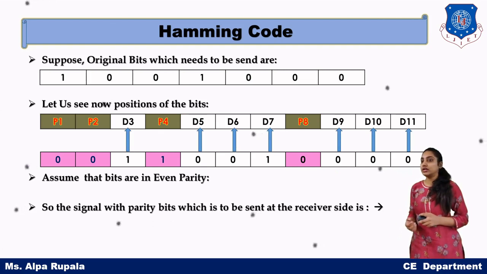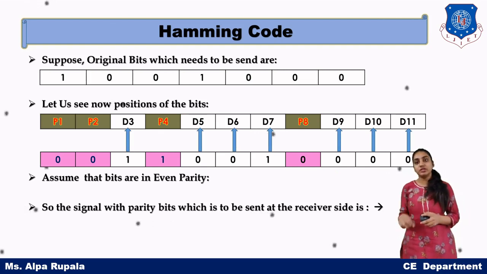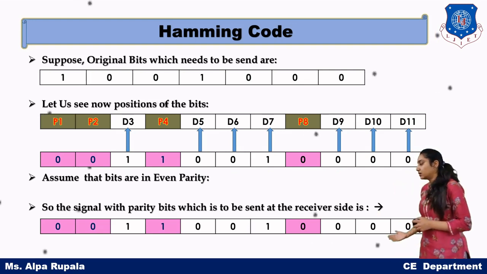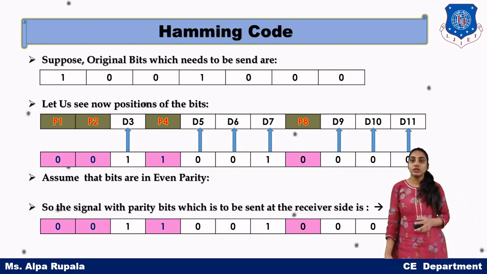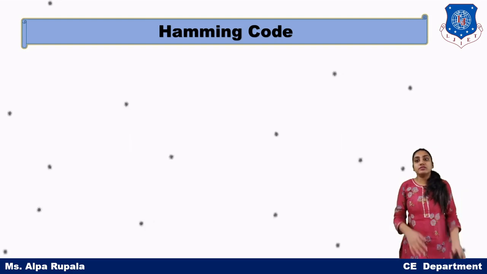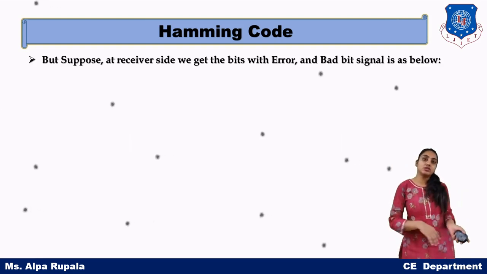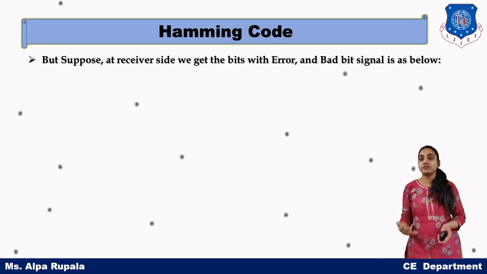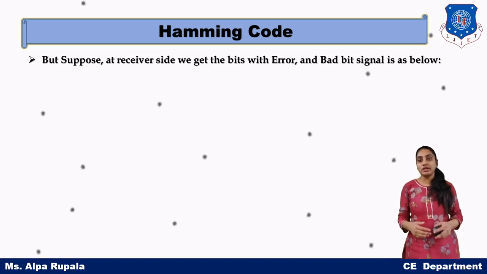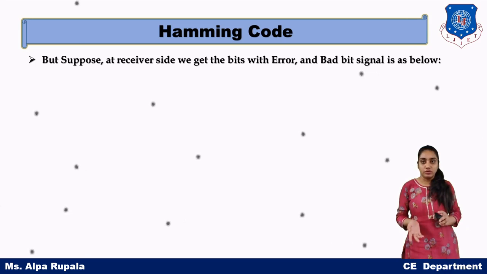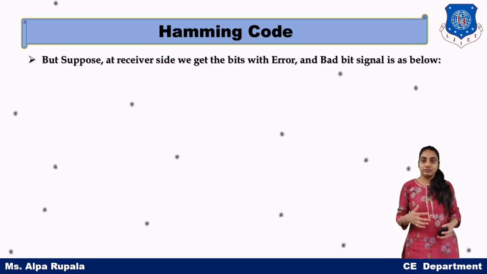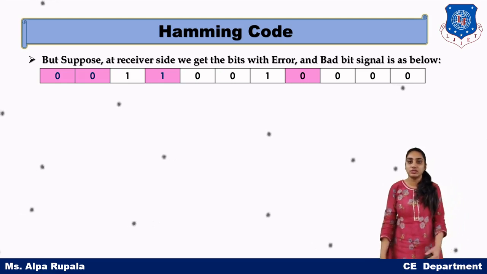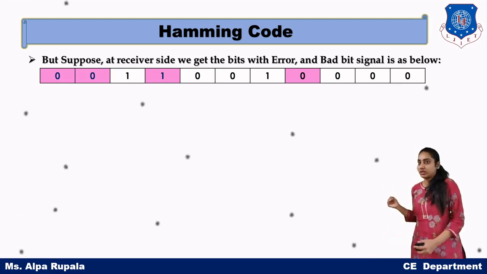So our data which is transmitted from the transmitter to the receiver with the added parity bits is given in the diagram. Now this is the data which is transmitted from the transmitter to the receiver. If there is no error, then all the parity checks will have even parity with the value 0, 0, 0, 0. We are hoping that this is perfectly received data. This must be perfectly received.